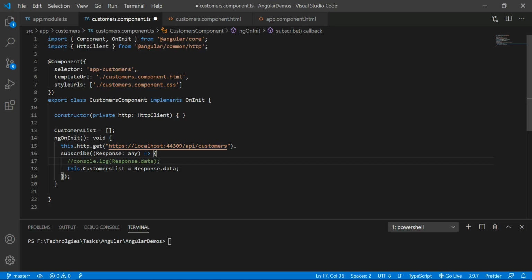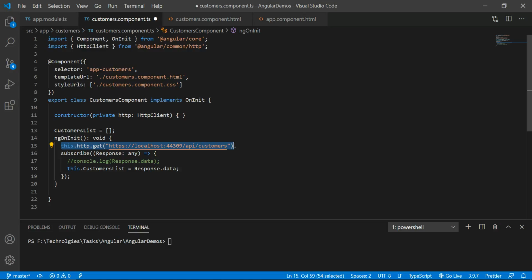Right now I wanted to move this code into a service, because I am currently using this API in the customers component. So tomorrow if I create one more component like XYZ and I want this API, I would have to recreate this code in that XYZ component.